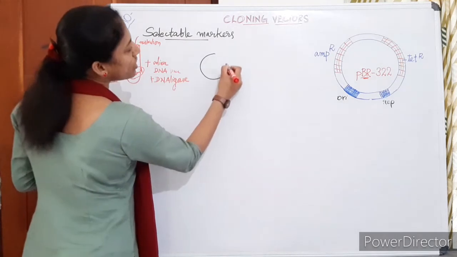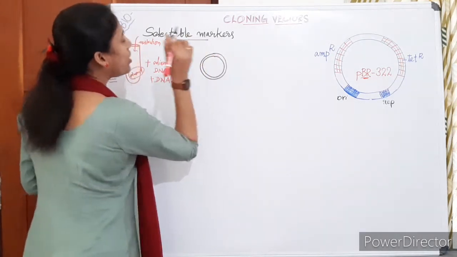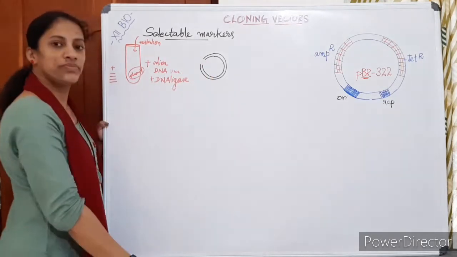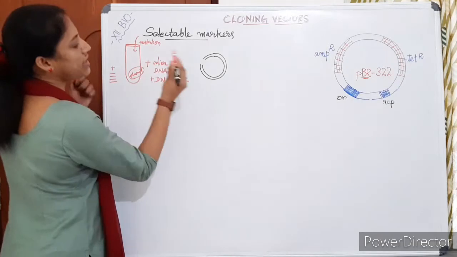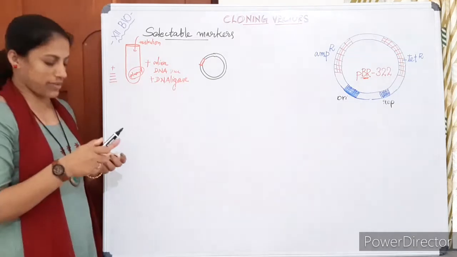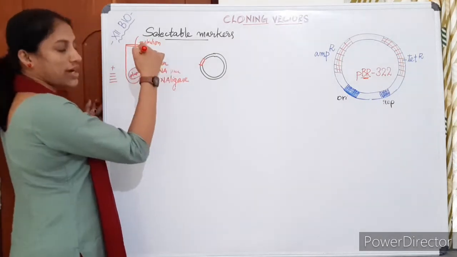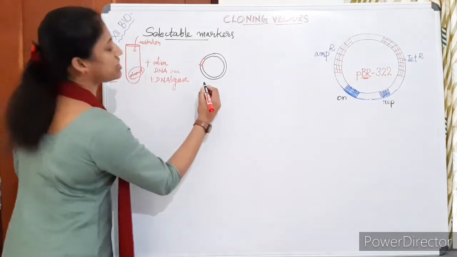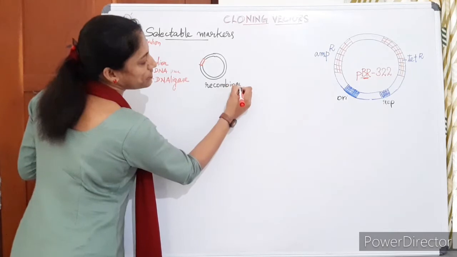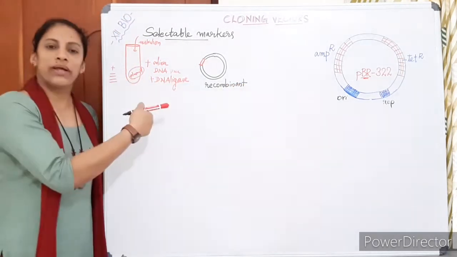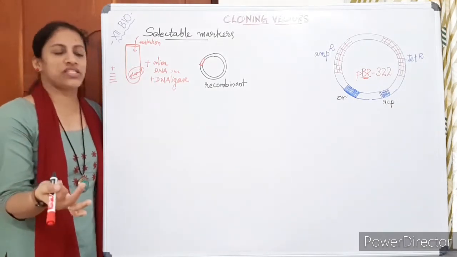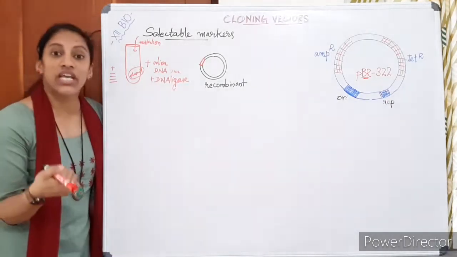That means after this complete action, we can expect two types of plasmids in the container. In some plasmids, our restriction enzyme action is successful, so it produces a cut, and also our alien DNA piece has joined here with the help of DNA ligase enzyme. If the cutting and insertion are everything successful, we can get recombinants. This is called a recombinant. Our aim is to get all the plasmids like this. Anyway, some of the plasmids we can see like this as recombinants.